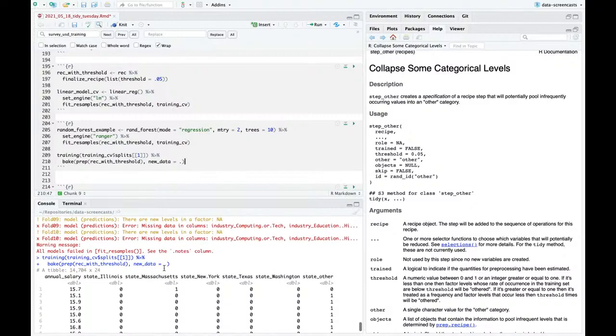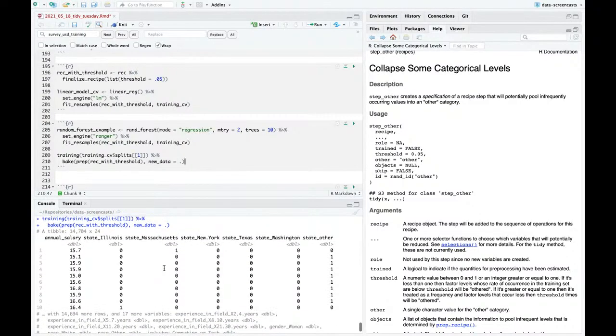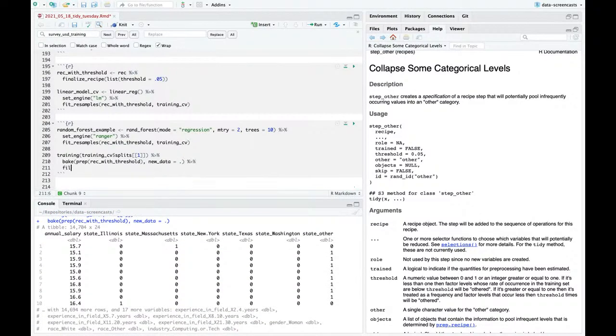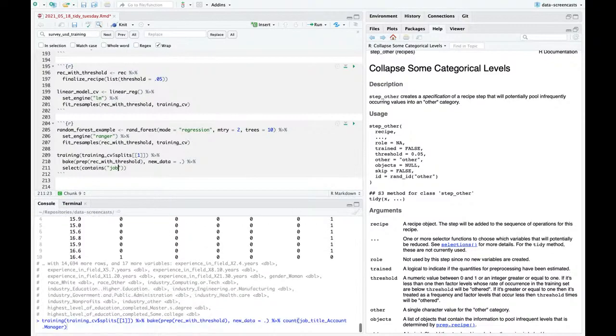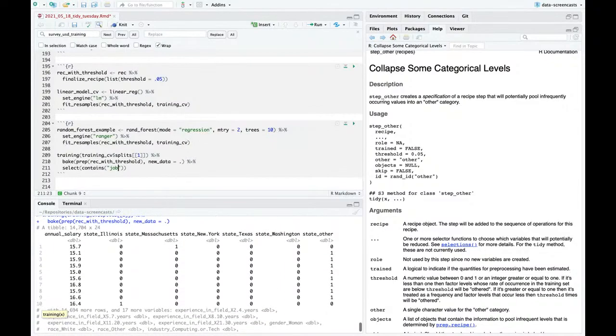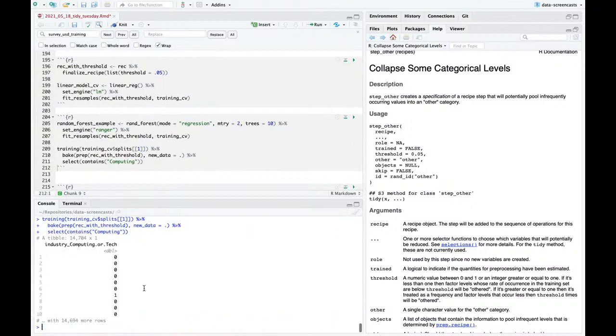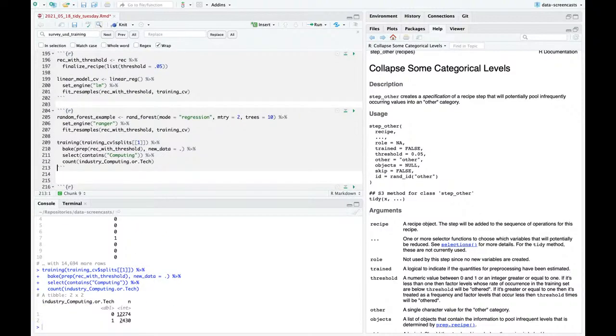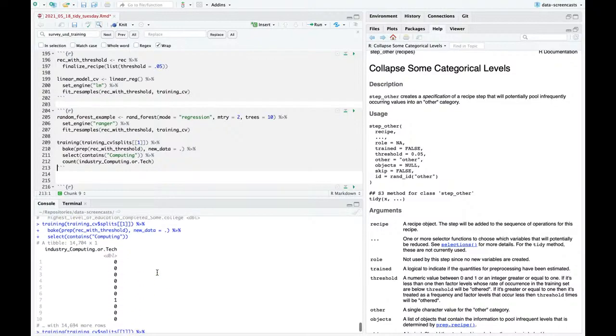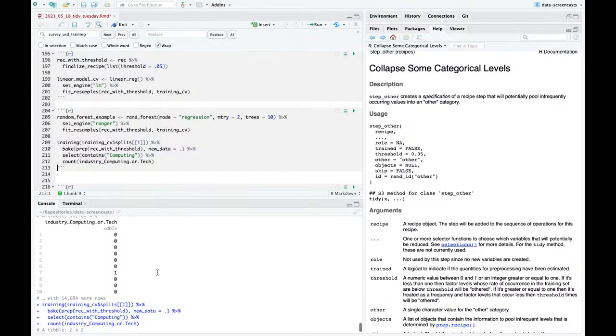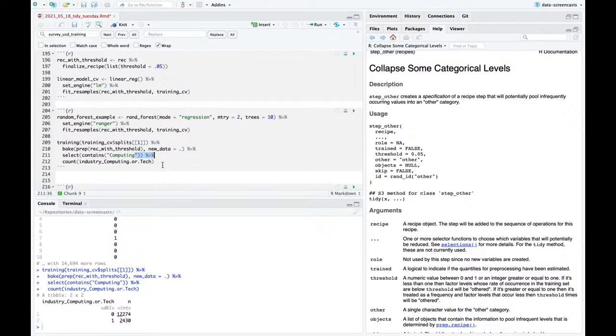bake it, and prep it, bake it, select contains job. It was industry, computing or tech, and count industry, computing, or tech. This had plenty of data in the test set. Now I wonder if I do